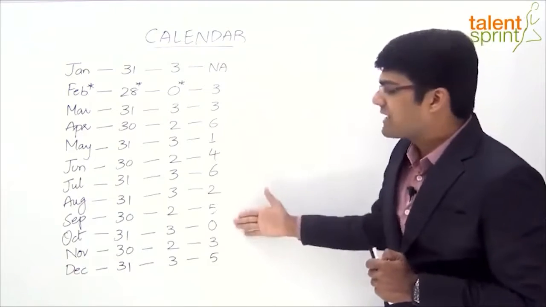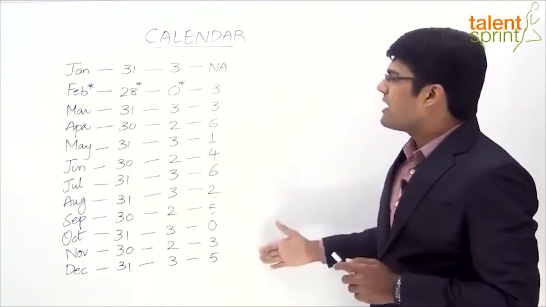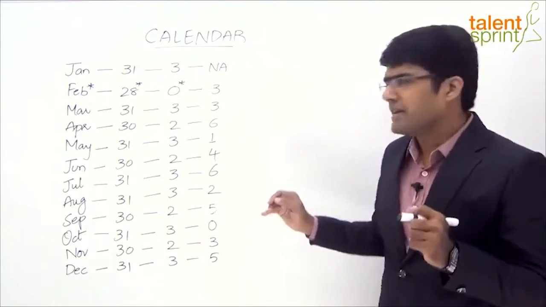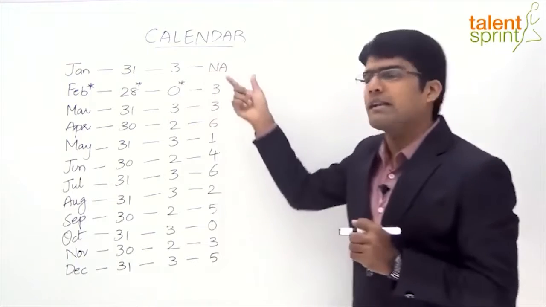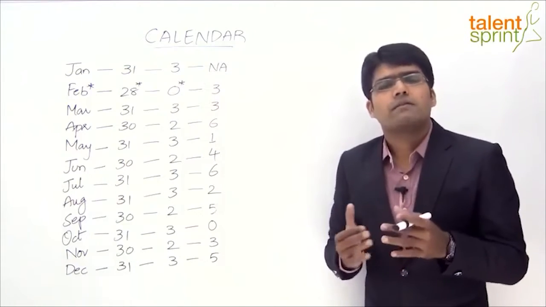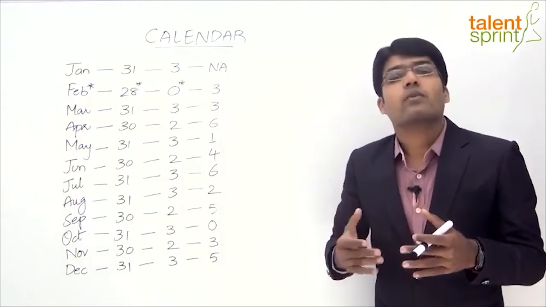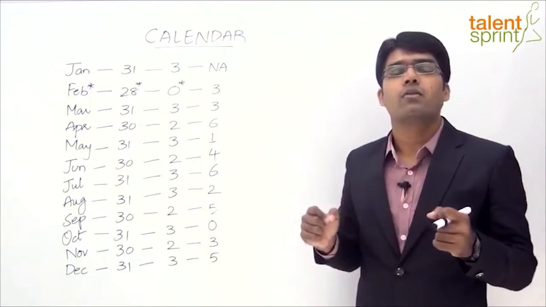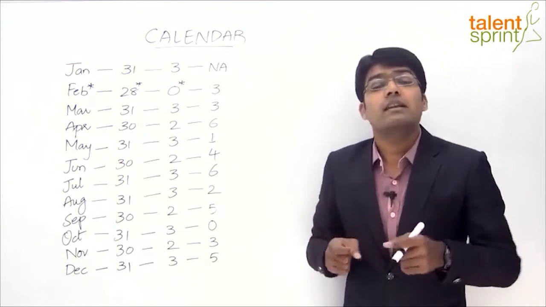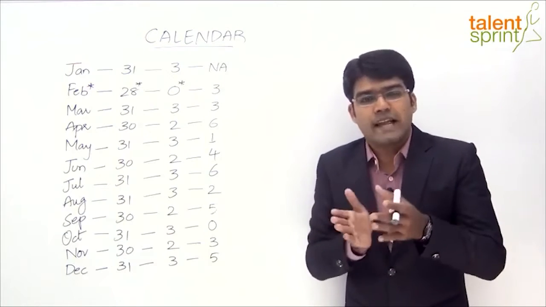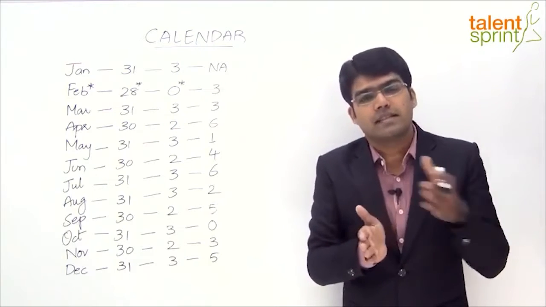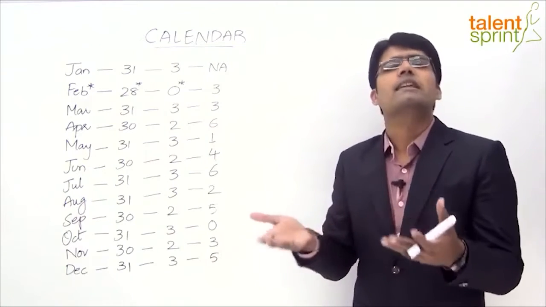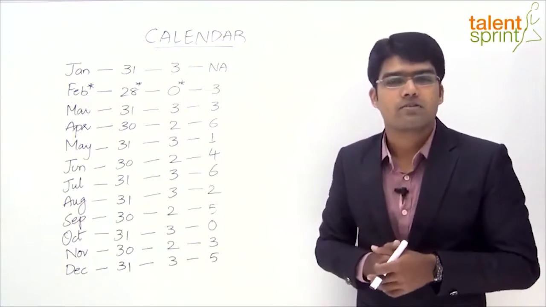Let's understand what the calculation here is. Now as I said, the fourth column actually is the cumulative number of odd days for all the previous months. For example, if you look at January, we will not have anything. January, it's not applicable, because if we calculate the day of the week for a given date in Jan, we directly take the number of days. Let's say we have to find out the day of the week for 14th January 1967. So up to 1966 we'll calculate the number of odd days. Then when it comes to the 1967th year, since the first month is taken here, we'll directly say 14 days, because 14th January is what needs to be calculated.